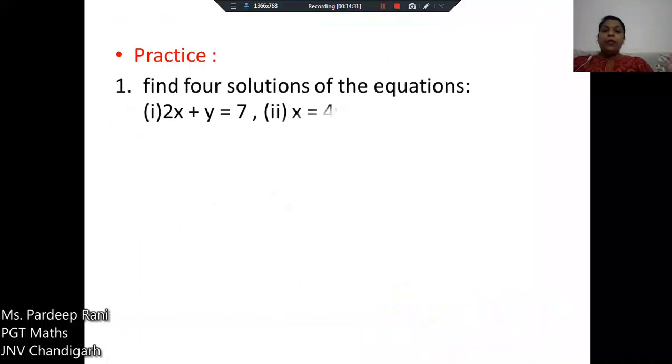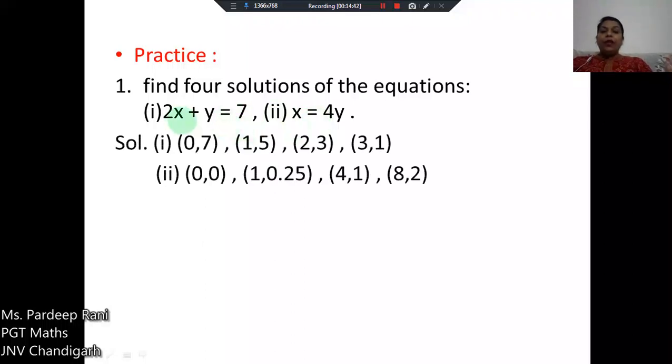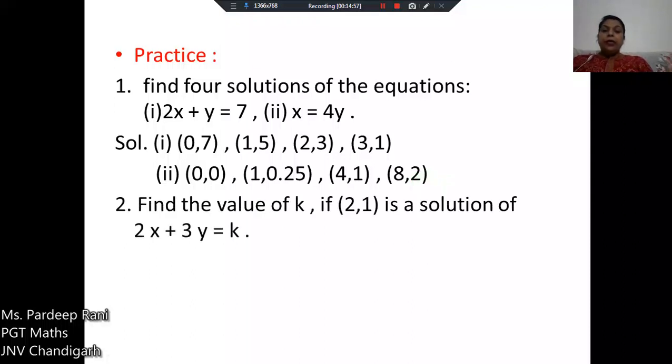Practice problem is there. You have to find the four solutions of the given equations, and you can find those solutions by taking different values of x and y which satisfy the given equation. Then you will be able to write these four solutions of the given equations. Next is